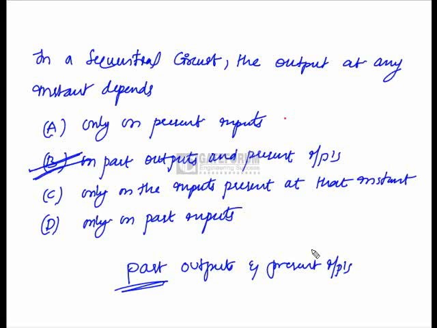In a sequential circuit, the output at any instant... In a combinational circuit, the output depends only on present inputs because it doesn't have any storage for the outputs. In sequential circuits, you have memory, so the output depends on past outputs and present inputs. Option is